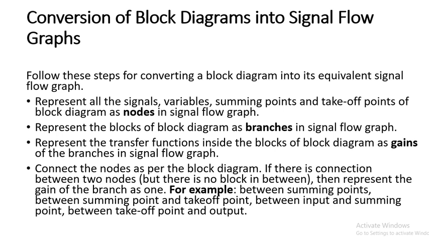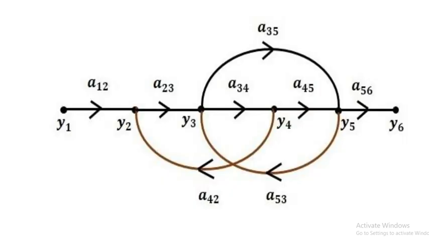In the last lecture, we have seen the basics of signal flow graphs. Means what? We have seen different terminologies that are used in a signal flow graph. If you see this diagram, this is a typical signal flow graph of a system, and in that system, if you see